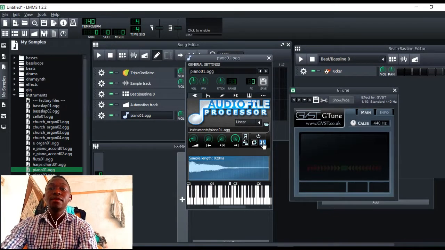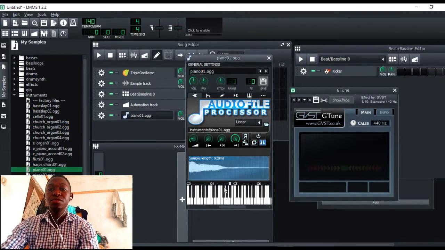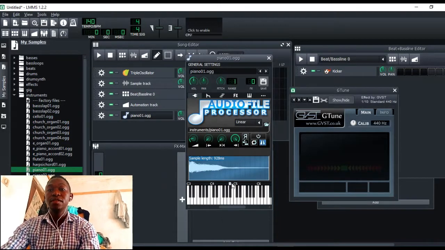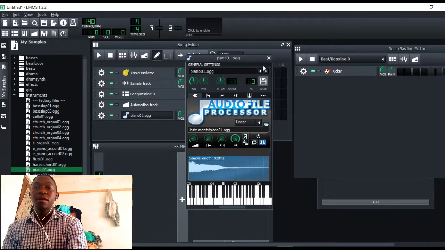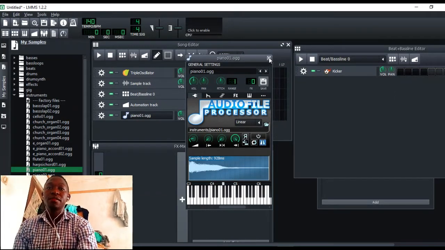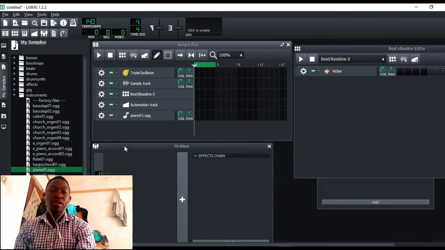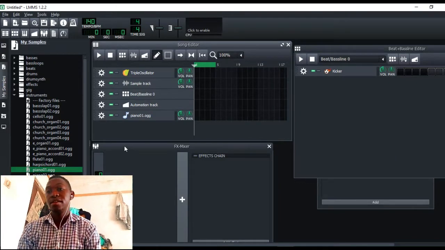That's the use of this white thing. So basically it works when maybe you're working with your 808s and you want to tune them and